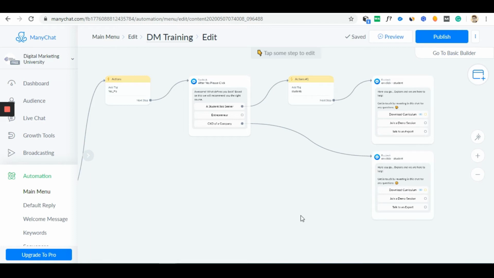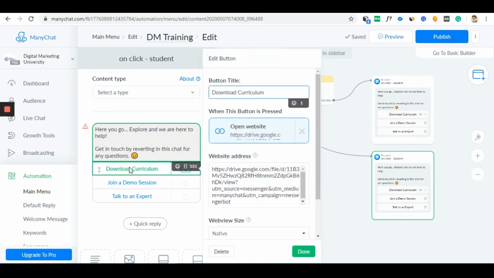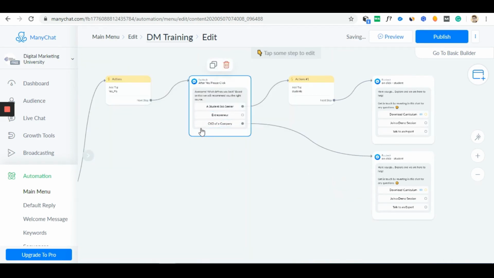And now all we need to do is customize it as per the CXO profile. When someone clicks on CXO, obviously the curriculum changes. So I'll change this link, I'll change the expert contact, I'll change the demo session link. I'll change everything and it will be customized for CXOs. So primarily we are just duplicating it and reducing our work of setting up a whole new section altogether. Now in this process, we have missed this tagging section.